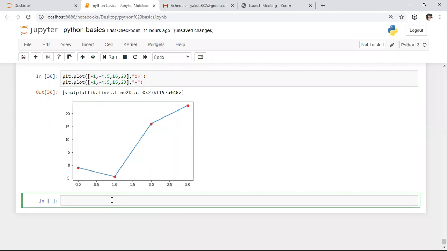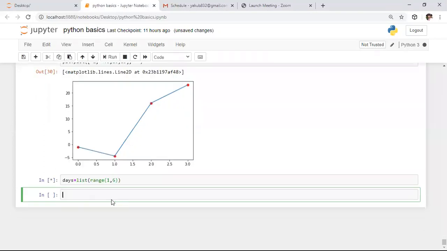I want to compare the minimum recorded temperatures as well as maximum recorded temperatures of the last week. Let us assume, I'm taking a simple example. I want to consider days, so the x-axis I want to keep as days. In these days, I want to take values in the form of a list. In this list I want to take 5 days of temperature, so I'm taking the days from first to fifth. With this I am creating one list.